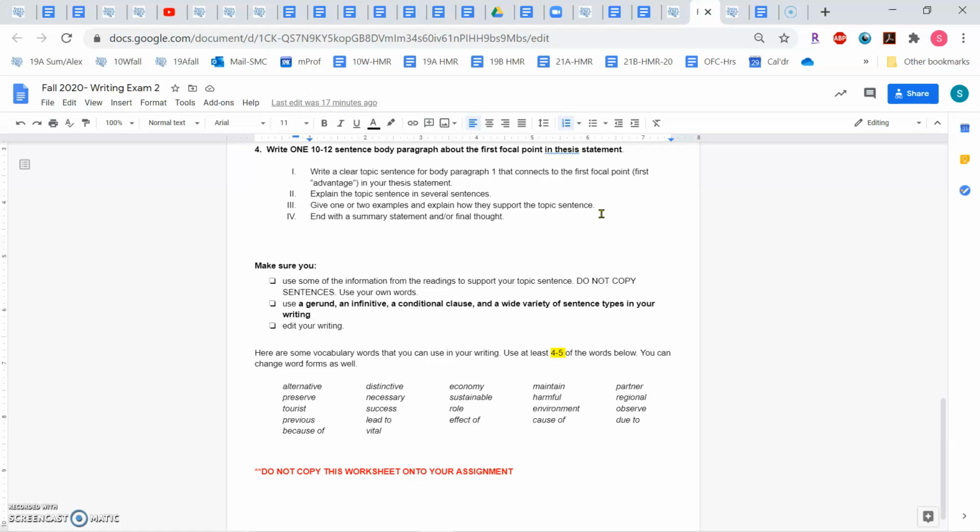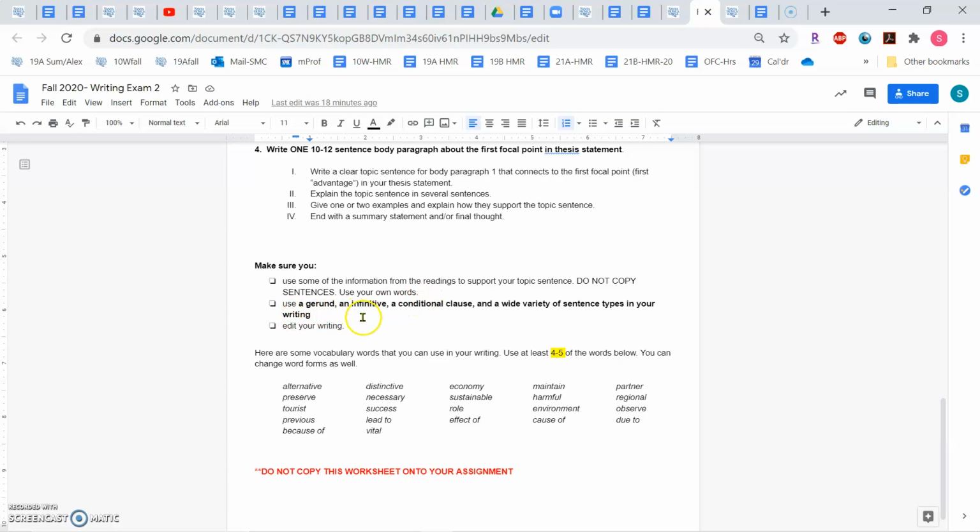Don't just say in some country; give the name of the country, give the name of the company, give specific information, as much as you can, to describe your example to support your topic sentence. So just be careful to not copy the sentences. Use your own words. Okay, so that's what we have down in this first sentence here. Do not copy sentences, use your own words.